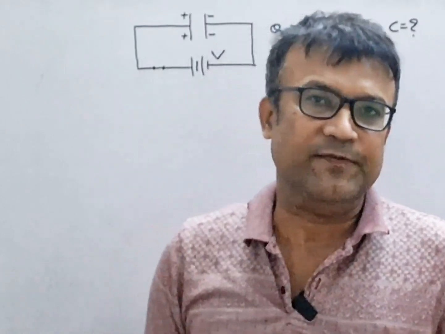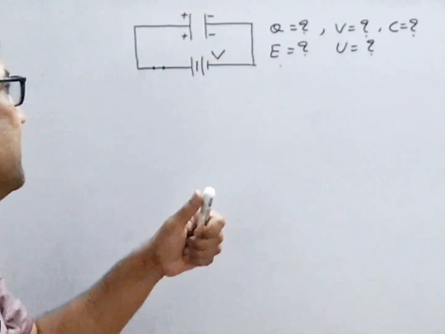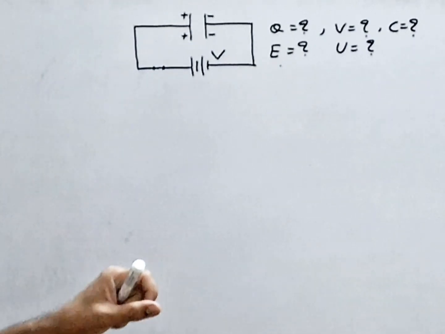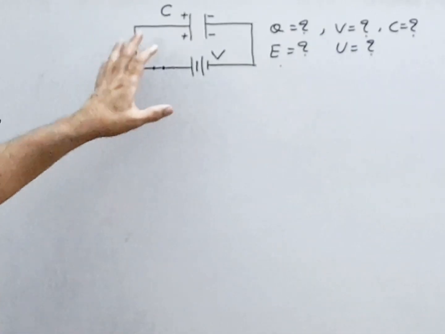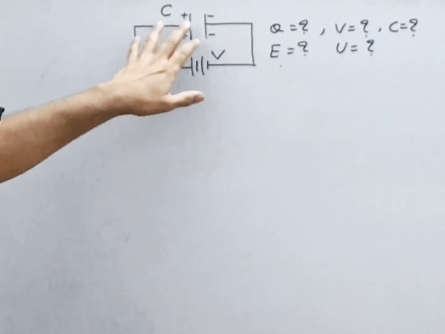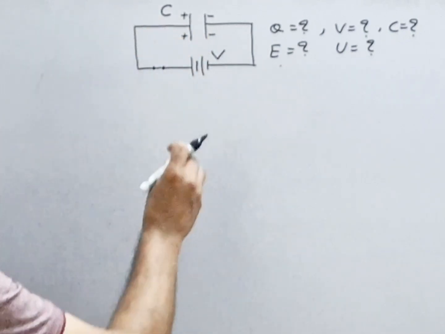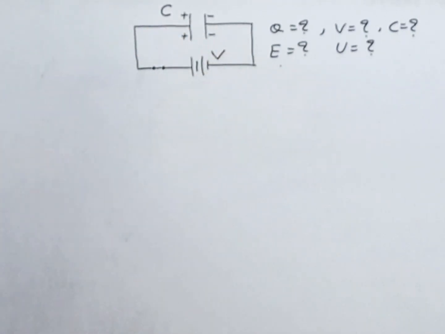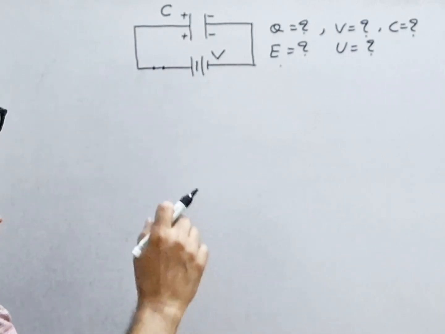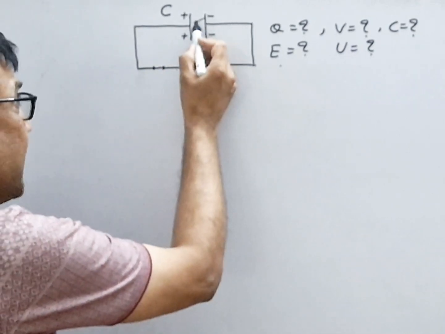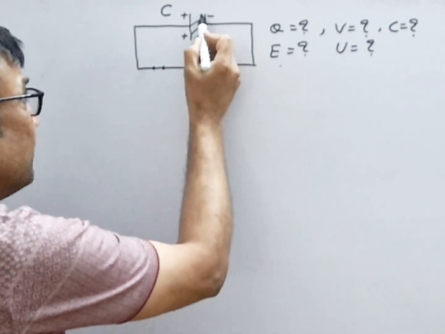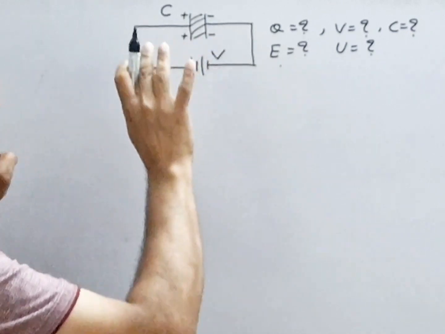In class 12th physics, in the capacitor topic, look at this higher thinking conceptual question. In this question, a circuit is given in which a capacitor of capacitance C is fully charged by a battery of potential difference V. Now the question is, if we insert a dielectric between the plates of the capacitor keeping the battery